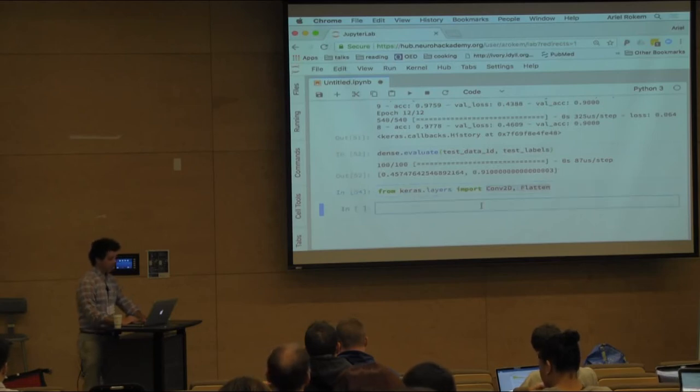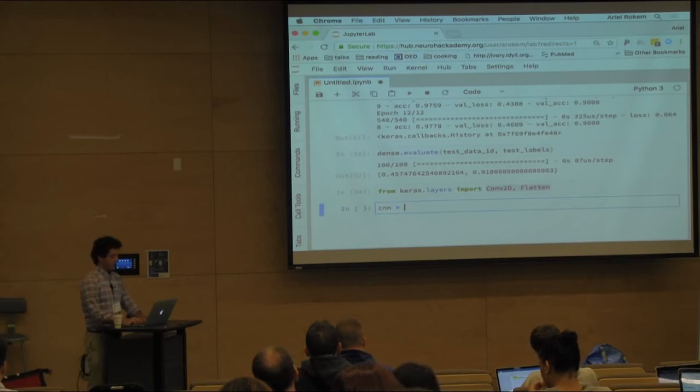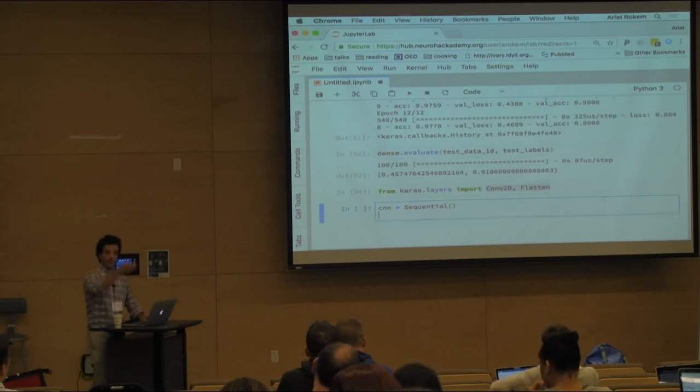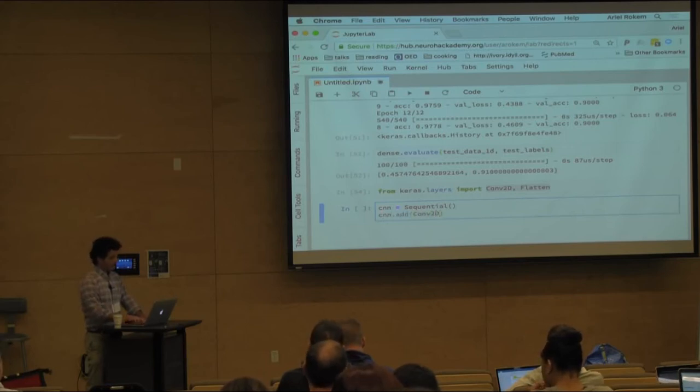Now I'm going to build another model. This model will be a CNN, a convolutional neural network. CNN is a sequential model, so it's the same kind of thing as the previous one. It will be layers on top of layers sequentially. Then I'm going to add a first layer to that. That layer will be a Conv2D layer with 10 units, kernel size equals 3. Input shape now is